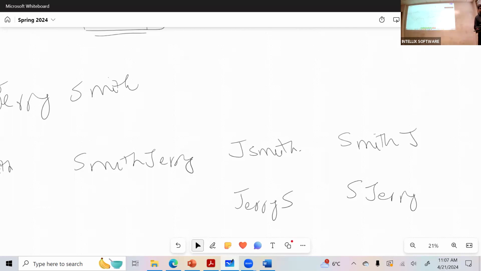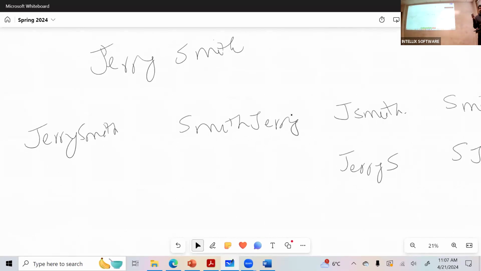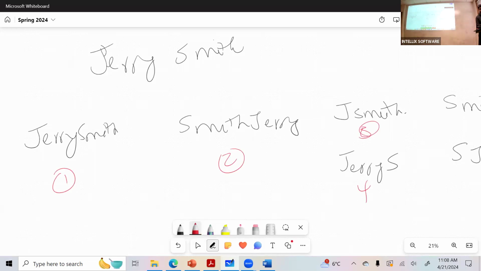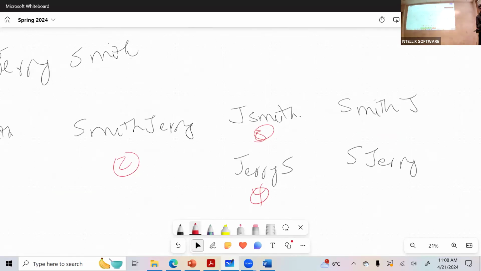So there are multiple combinations that can happen. What is the system supposed to generate? Should the system generate this one? If I look at it, there are six different combinations, at least that I wrote. There are probably more. What should the system generate?